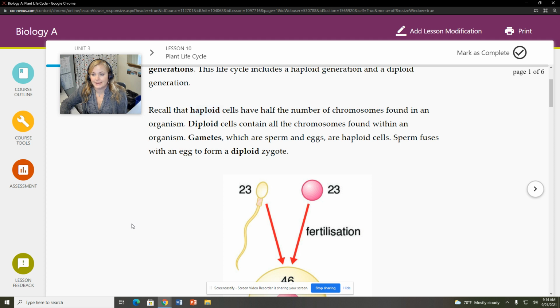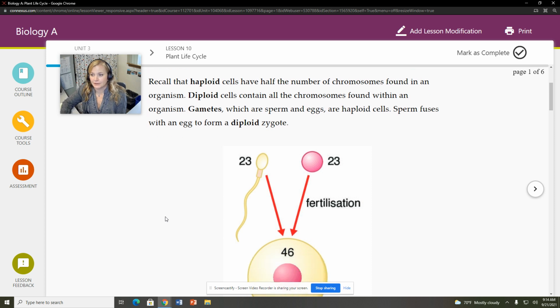Then we talk about gametes. Gametes in humans are the only haploid cells. In plants, that's not true. But gametes specifically refer to sperm and egg cells. They are a type of haploid cell, which in animals is the only type of haploid cell. But in plants, there are different kinds of haploid cells as well. During the process of fertilization, the sperm will fuse with an egg to create a diploid cell known as a